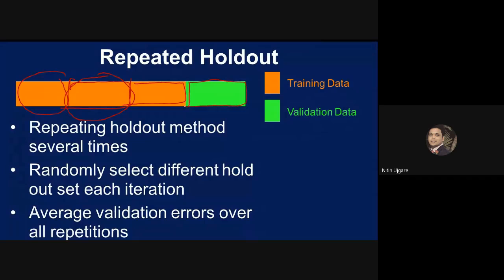Let's say that there are 4 iterations. We calculate the error in all the 4 iterations and then take the average of the validation error in each iteration. That would represent the final cross validation error, and then we'll decide whether to stop the training of the machine learning model or not. So that's it for the repeated holdout.